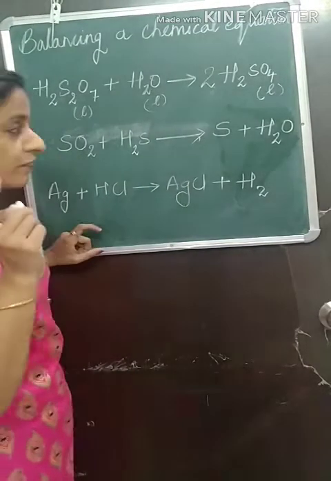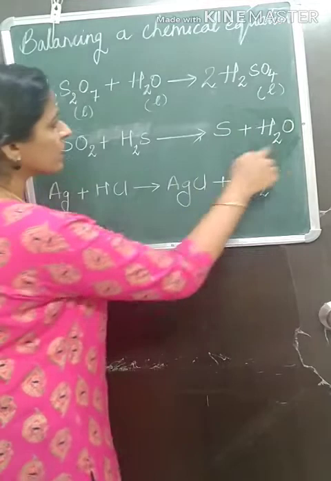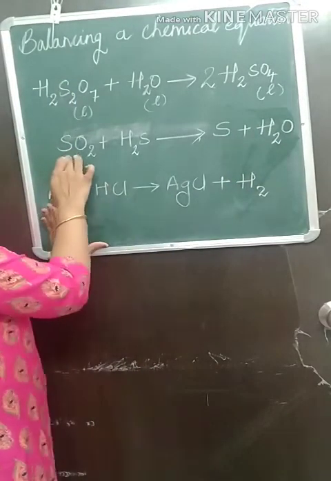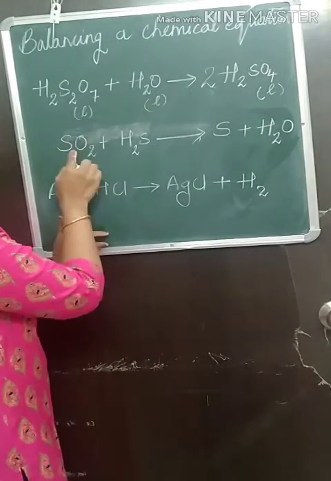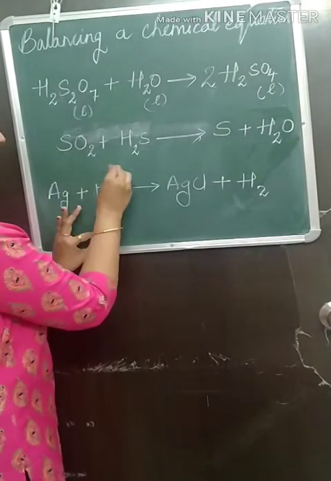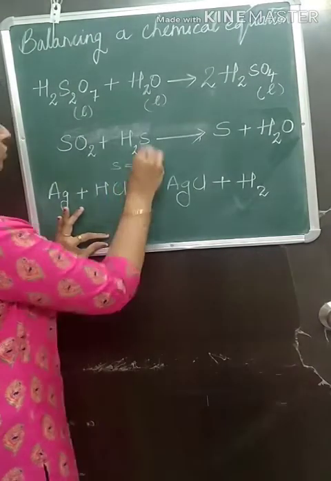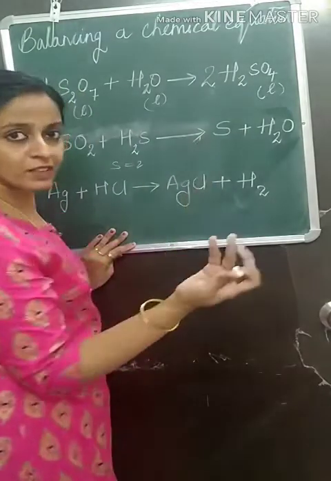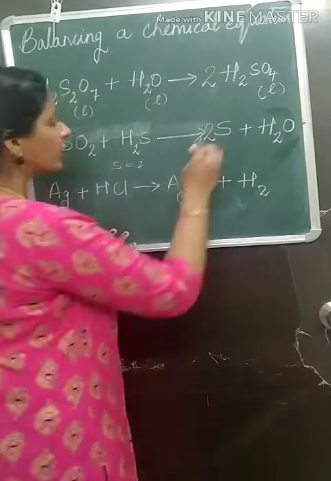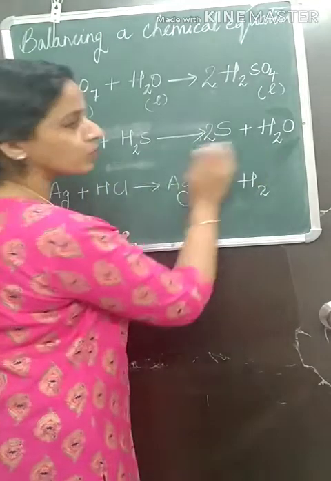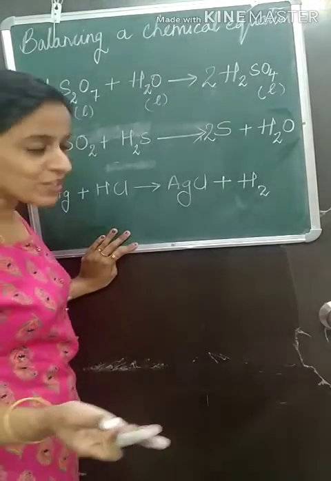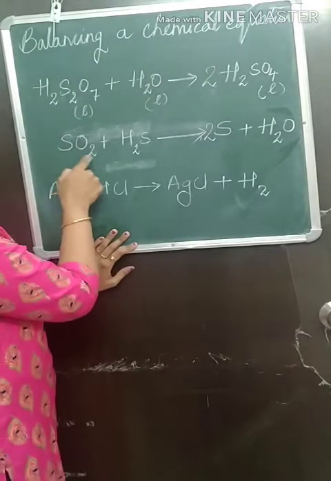First you have to start with metal. Metal is present here, no metal. Then non-metal. Non-metal, again here you have sulfur. On the reactant side you have 1 sulfur here, 1 sulfur here. So total sulfur is 2, whereas here you have only 1. So to make 1, 2, you will put a coefficient 2 here. So sulfur 2 here, 2 there. Okay. After non-metal, oxygen. Count the number of atoms of oxygen.